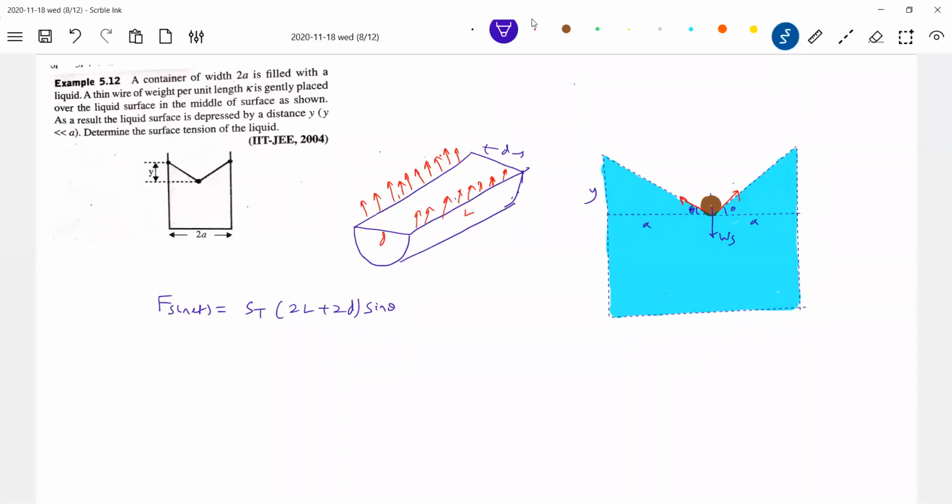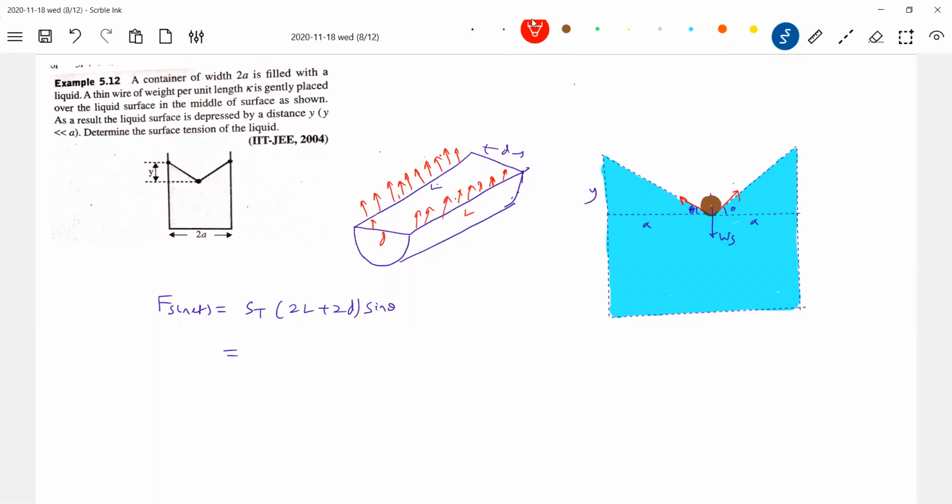Any objections? Why 2L? Because here I'm showing only half part of the wire, half of the cylinder. I just cut it to show the forces here. Here this will be L and L. With that one, why 2D? Here, how does the force due to surface tension act? Here it should act